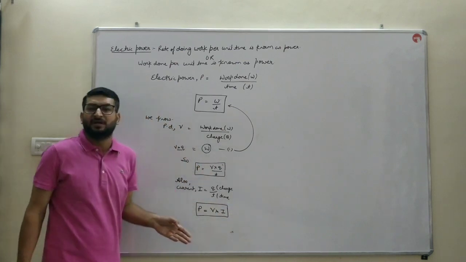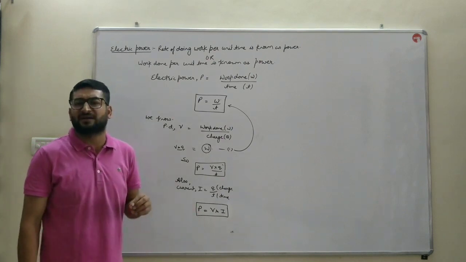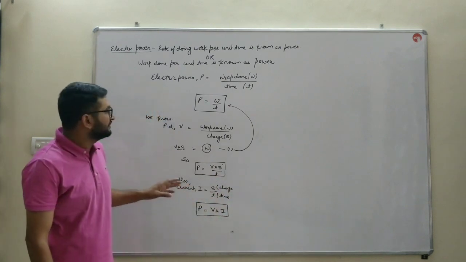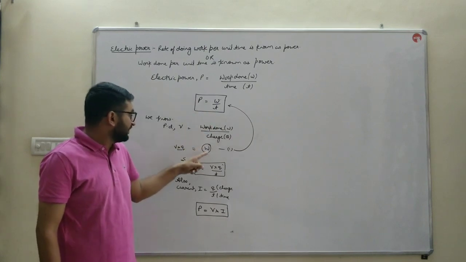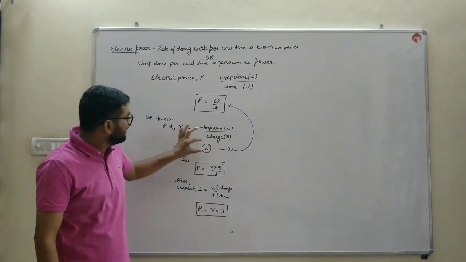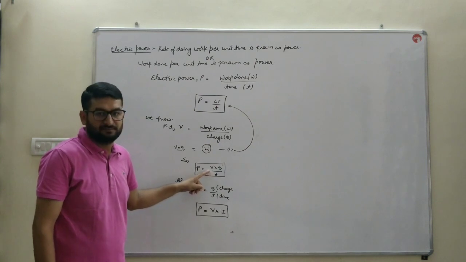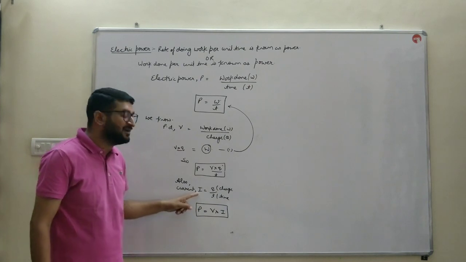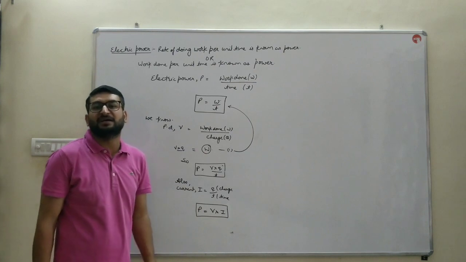Another formula of power. You must remember this formula in your class 10, children. Remember it for sure: power is the product of potential difference and current. How did the formula come, children? Power is equal to work done upon time. Work done, from this formula we found, is V into Q, potential difference multiplied by electric charge. So put the value of W into this. The power will become V into Q by T. Now we know that Q by T, the charge per unit time, is known as electric current. So replace this Q by T and the power will be equal to V into I.